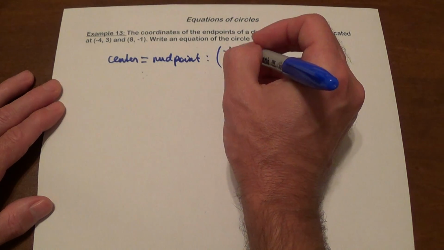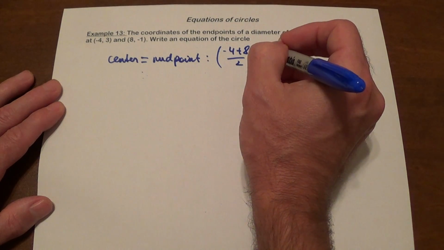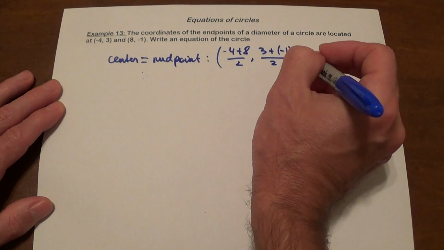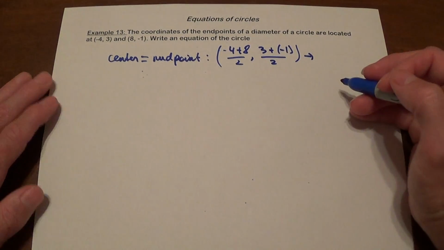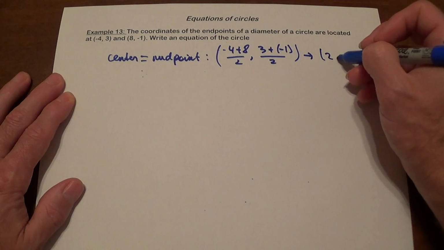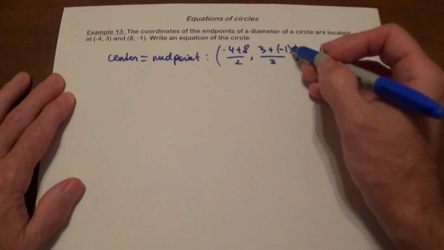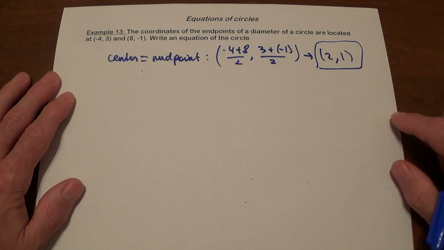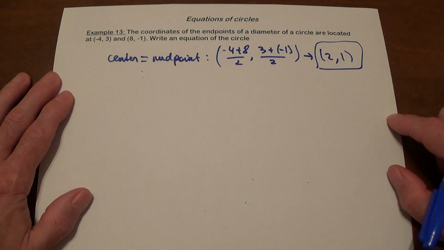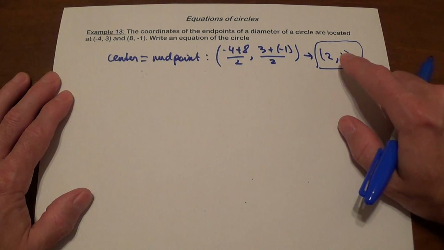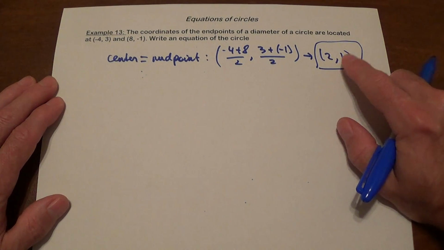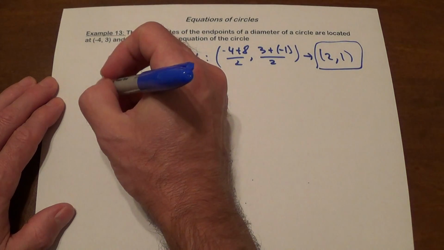So negative 4 plus 8 over 2, 3 plus negative 1 over 2. Negative 4 plus 8 is 4, 4 divided by 2 is 2. Negative 3 plus negative 1 is 2, 2 divided by 2 is 1. So our center is going to be at 2, 1. But we're not done. Now we also need to find the radius. You find the radius by using that point and either one of these 2 points, it doesn't matter which one you use. So to find the radius,